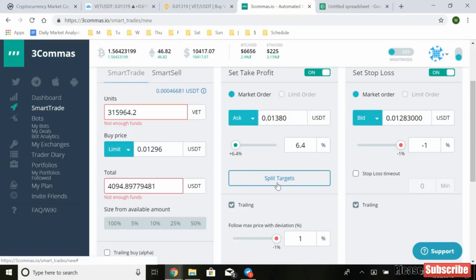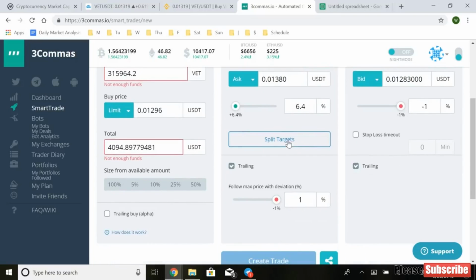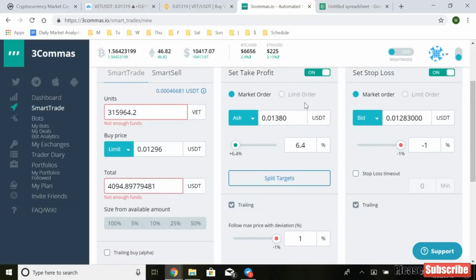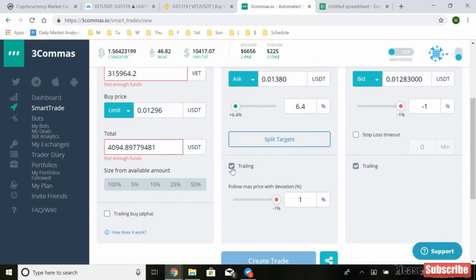You can split the target, so you could sell like 25% at 1360, 50% at 1380, and 100% of the rest of the percentage at 1400, whatever you want to do. With 3Commas, it actually automates the whole process once you set the rules using the API key. So now that we did that, there's one other thing that I wanted to do, which is actually check off